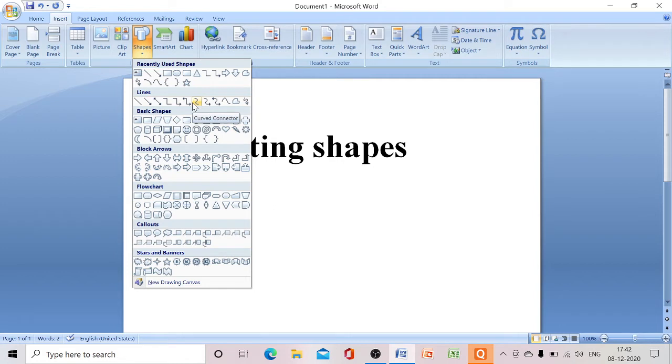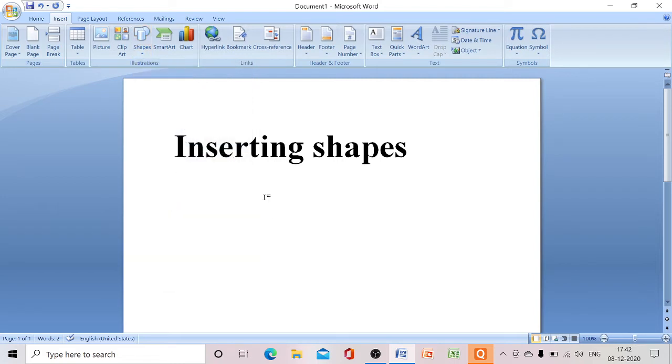The basic shapes present in MS Word are line, arrow mark, rectangle, square, flowchart, everything is there. Apart from that we have different shapes. Let us learn how to insert shapes in MS Word 2007.